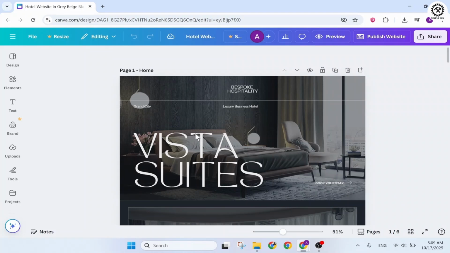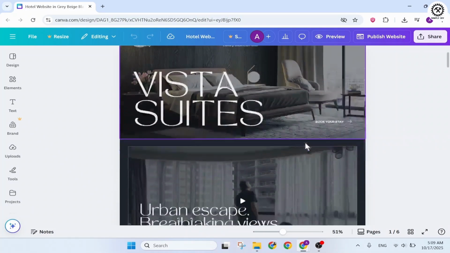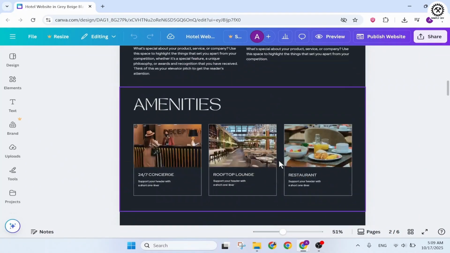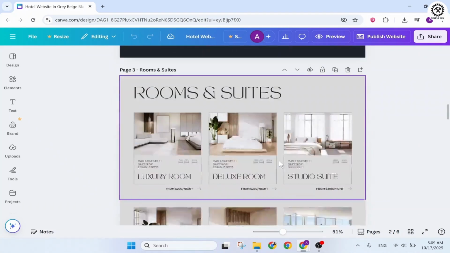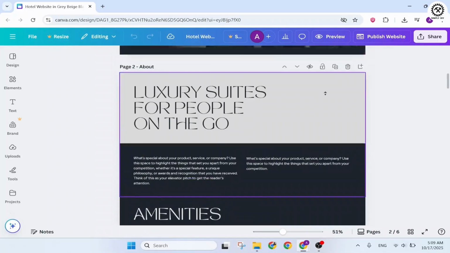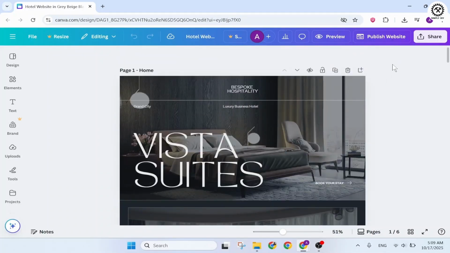Now let's begin. If you want to convert your Canva website into HTML, this is what you will need to do. First, if you've made the edits that you want on your Canva, you should now be good to go. What you first need to do is publish your website. So you can tap on Publish Website,